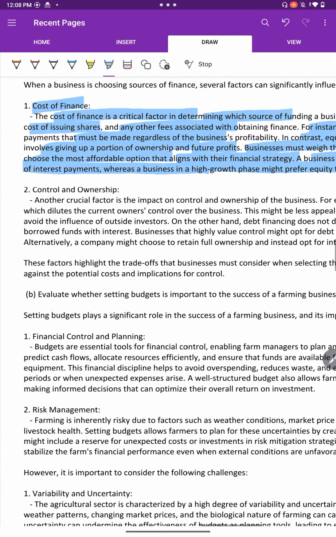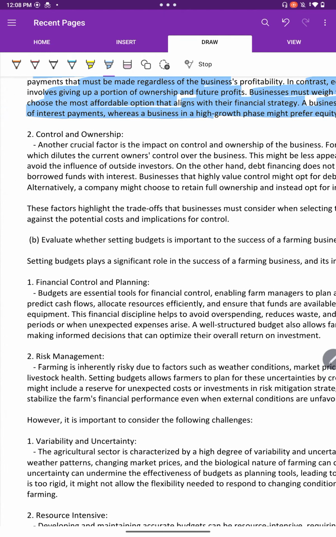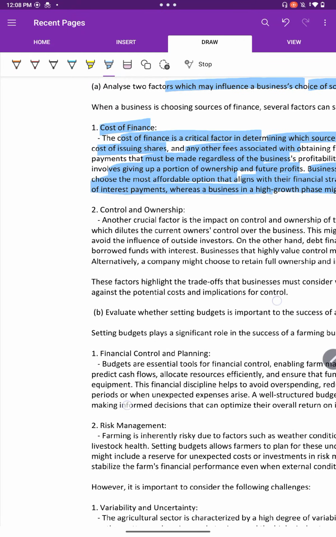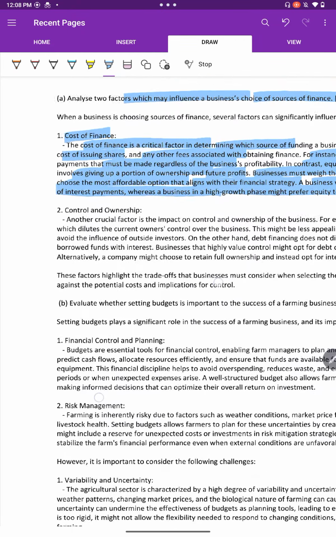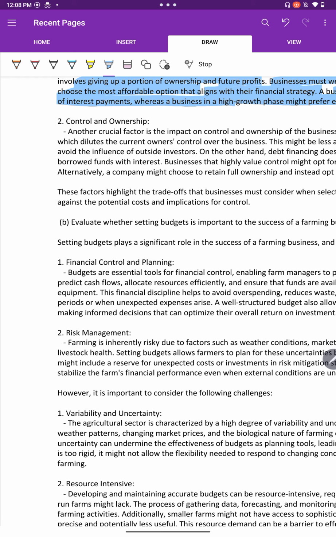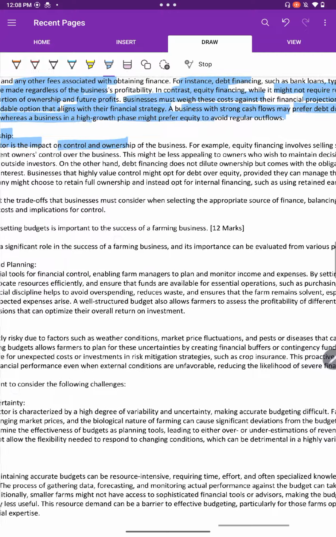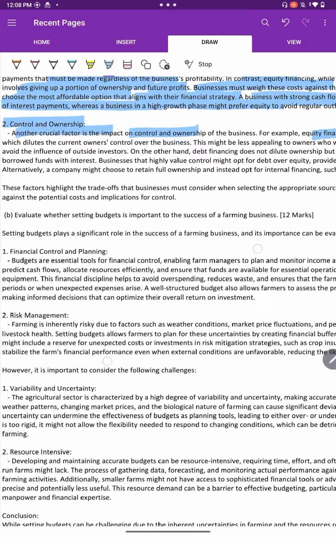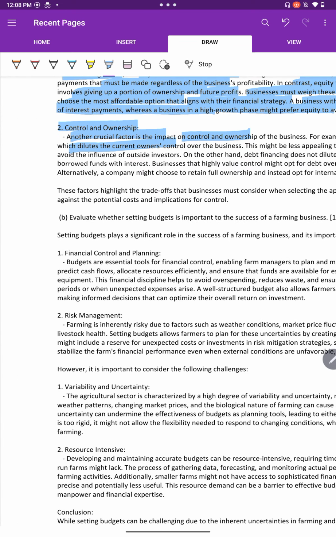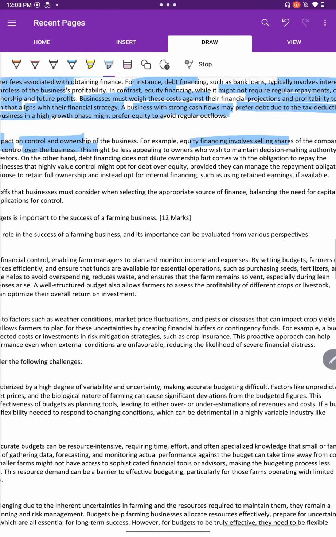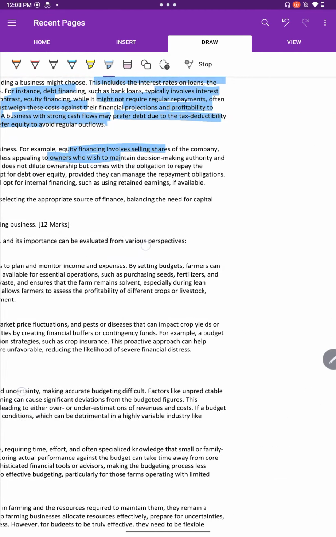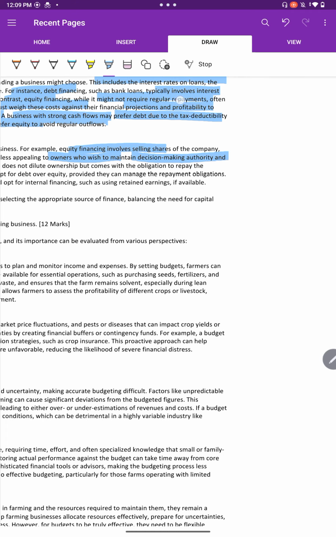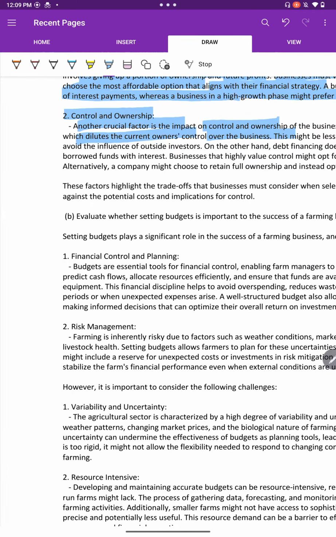Now let's see the second factor. A second factor would be control and ownership. Another crucial factor is the importance of control and ownership for a business. For example, equity financing involves selling shares of a company, which dilutes the current owner's control over the business, and this might be less appealing to owners who wish to maintain decision making authority and avoid the influence